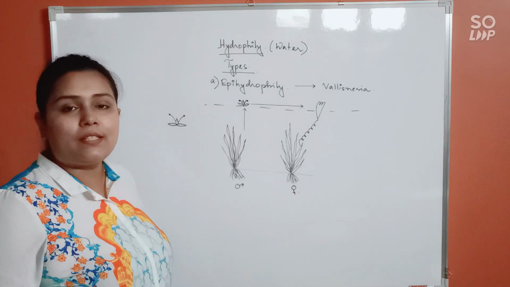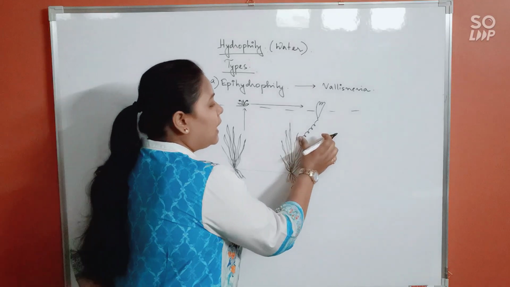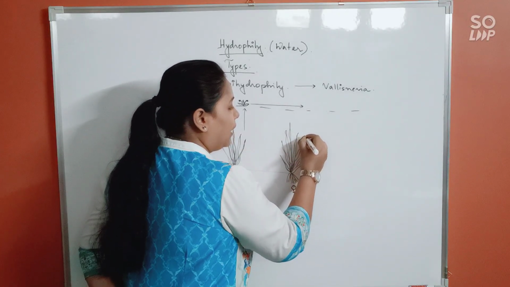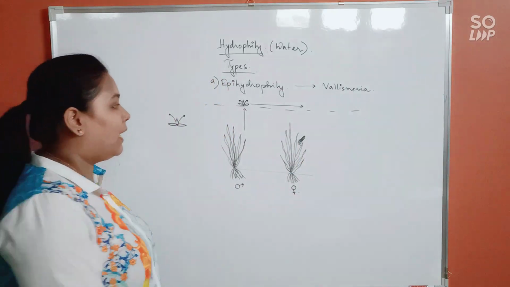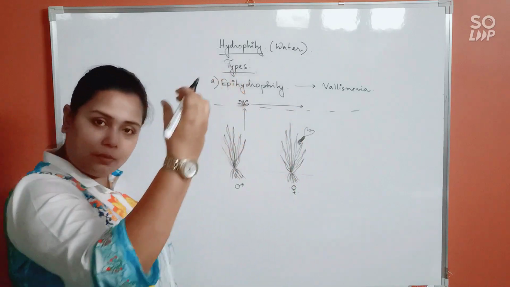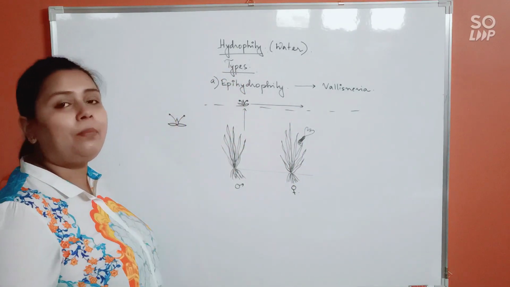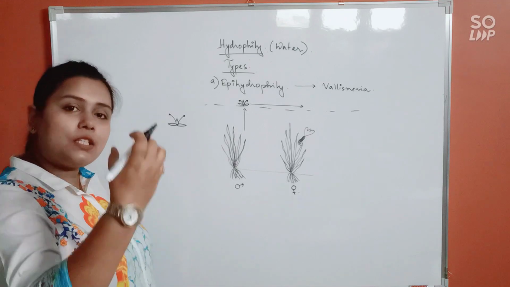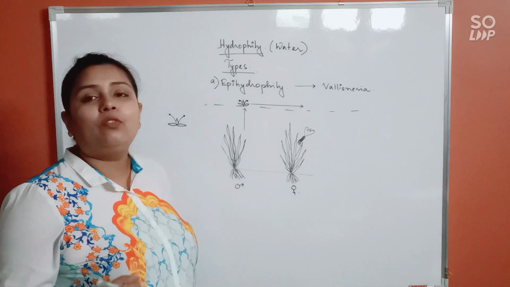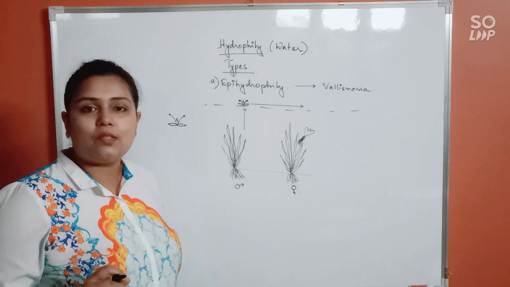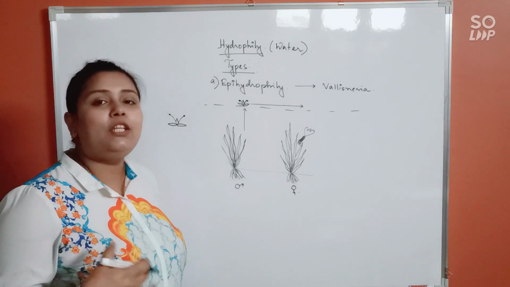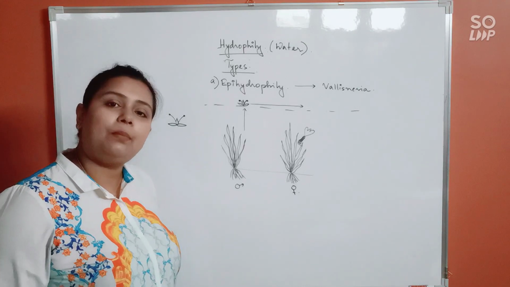Once fertilization is successfully done, the tendrilar stalk of the female flower will start to coil up again. As it coils up again, the female flower will be pulled back inside the water. As it is pulled back inside the water, the zygote or the developing embryo will be protected from external agencies. Inside the water, it will be much better protected, and that's how a new offspring or progeny can be formed.